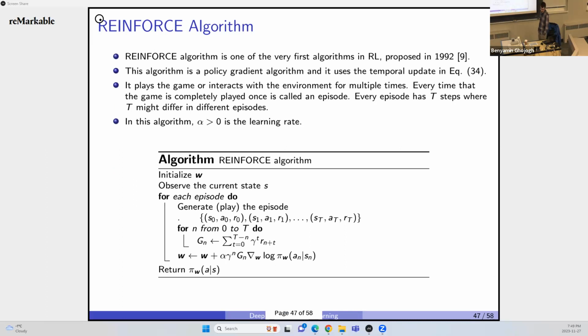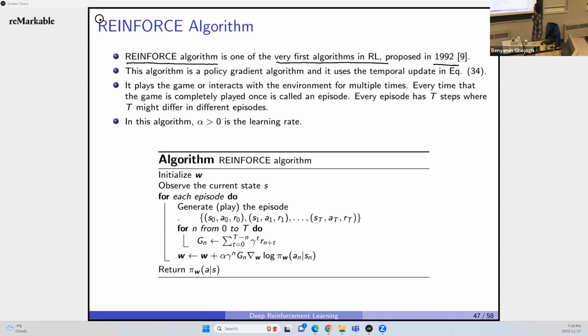Now we see this algorithm, REINFORCE. This was one of the very first algorithms in RL, proposed in 1992. Rumors say that this is the first RL algorithm. By the way, why is it all capital? Yes, because these are the starting letters of a bunch of words which became REINFORCE. So they intentionally chose the words so that their shorthand becomes REINFORCE. Anyway,